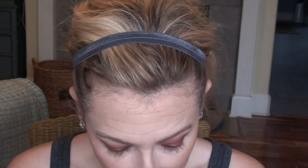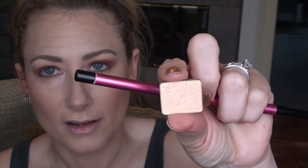And then it says to take the last shade, which is this Ivory Lotus, and put it along the brow bones. I usually don't like a shimmer on my brow bones, but what the hey, if this makes you uncomfortable, then use, you know, like Wet n Wild Brulee, or I like MAC Blanc type a little better because I'm so white, but it's not a horrible, crazy, in-your-face shimmer. It's not like MAC Nylon, but...